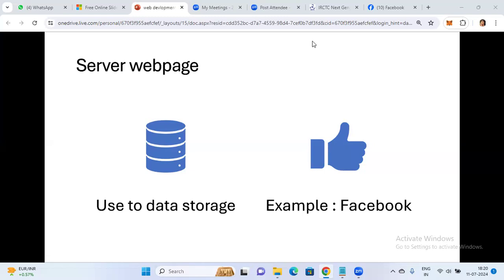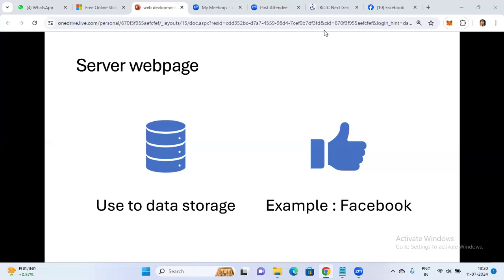If your application needs to change day by day, then we go for dynamic. And the server basically stores all the details. In the server base, static will also be there, and inside the static, dynamic will be present. That's the difference.